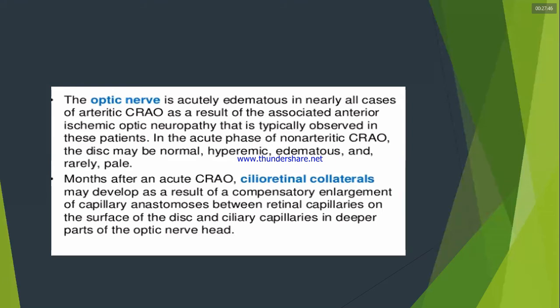So it is quite different when you see very closely, and the ciliary capillaries are in the deep part of the optic nerve head. So the optic nerve is in most cases edematous, and in an acute case there will not be pallor of the disc. There you will see all the features of disc edema: hyperemic, vessel margins are blurred, cup-disc ratio is altered, color is altered. But gradually the collaterals will develop and you will see the disc as a pallor.